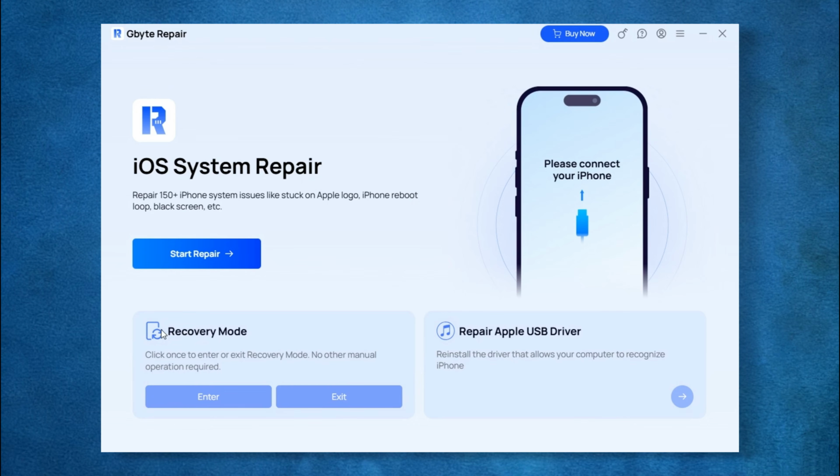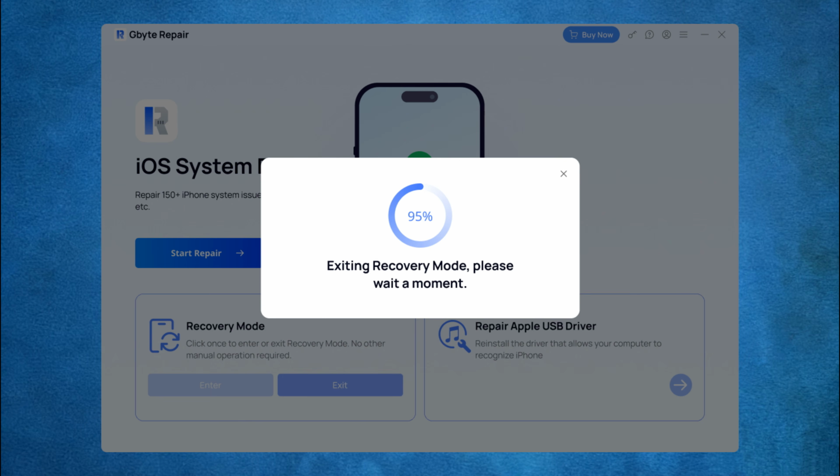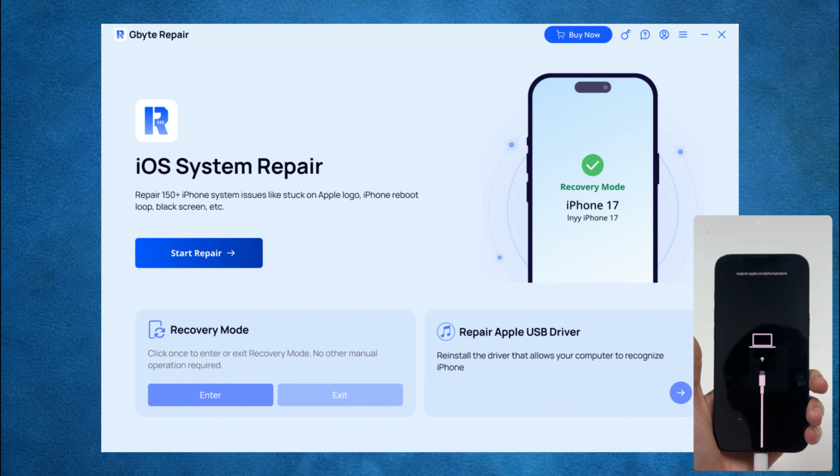One of its most practical features is one-click enter/exit recovery mode. This is particularly useful when your iPhone is unresponsive, iTunes fails to recognize the device, or you need to enter recovery mode for a system restore. With Gbyte, you can perform these actions with just a single click, eliminating the frustration caused by failed button sequences